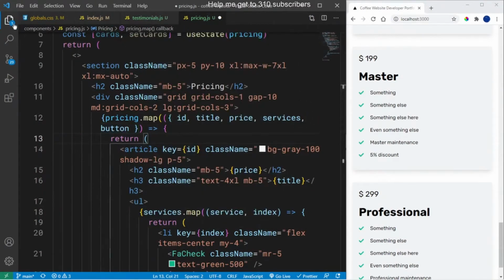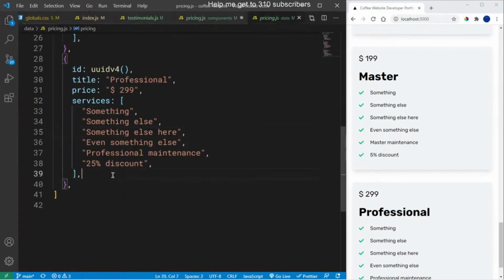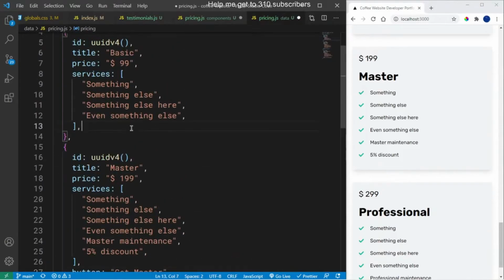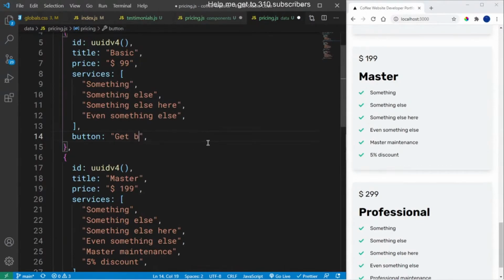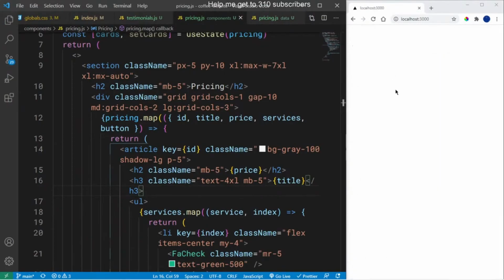So let's go back into the, what was it, the pricing, and then let's add a button. So inside here, I'm going to add a button that says get professional, like so. Then I'm just going to copy this, paste it inside here, and say get master, like so. I'm going to paste it inside here and say get basic, like so. And then save this, and we should see our buttons somewhere,